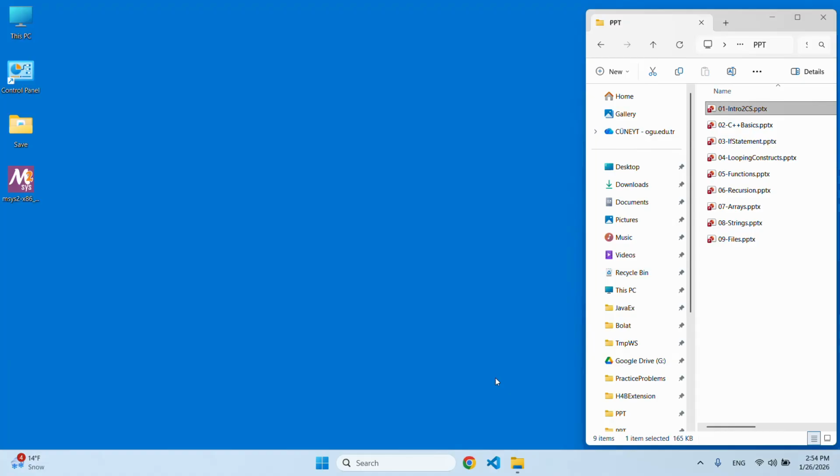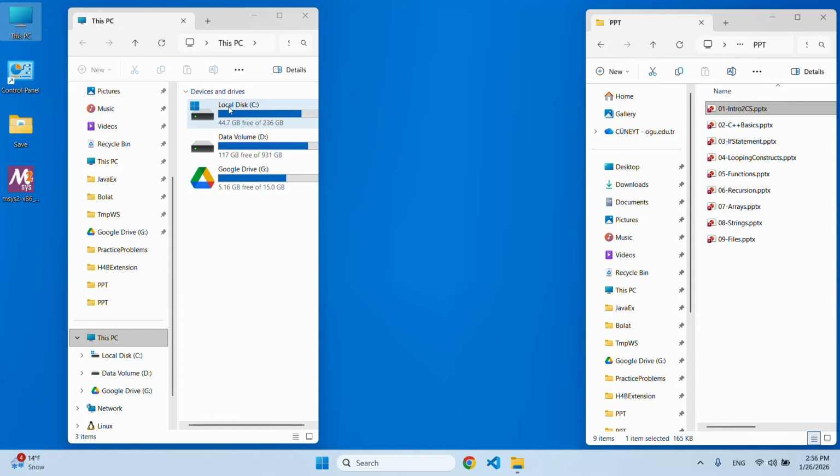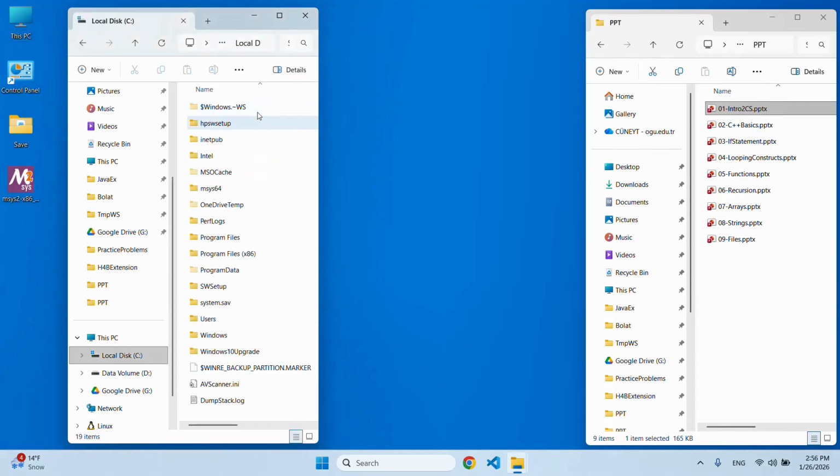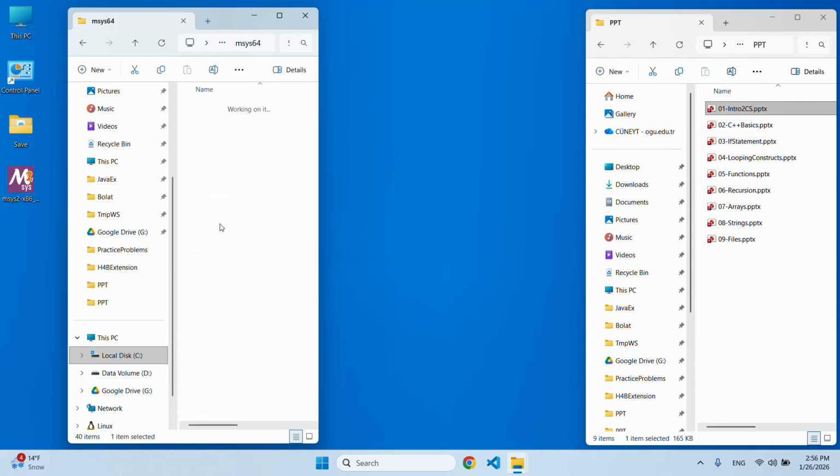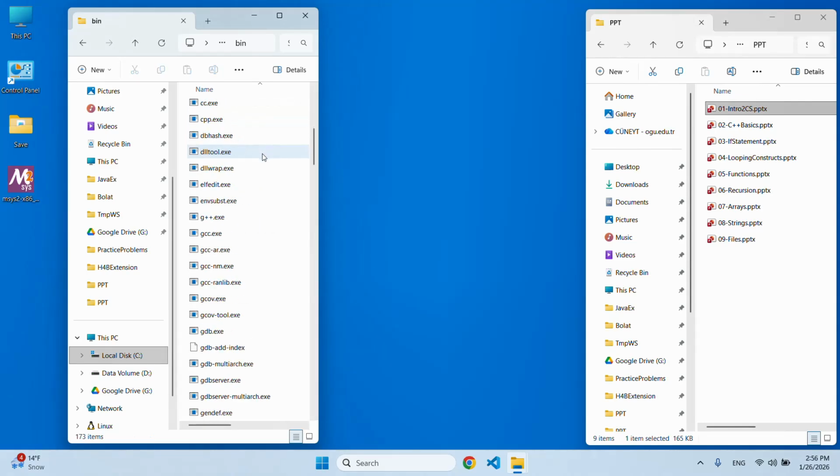You can now close this and open up a Windows Explorer by pressing This PC. And we're going to go to local disk C. That's where all the packages were installed. And you can see this directory, msys64. Go in there, and then you're going to see mingw64. That's where the compiler is installed. And the bin directory, that's where our compiler will be located. And you can see that it's g++.exe and also gdb.exe.